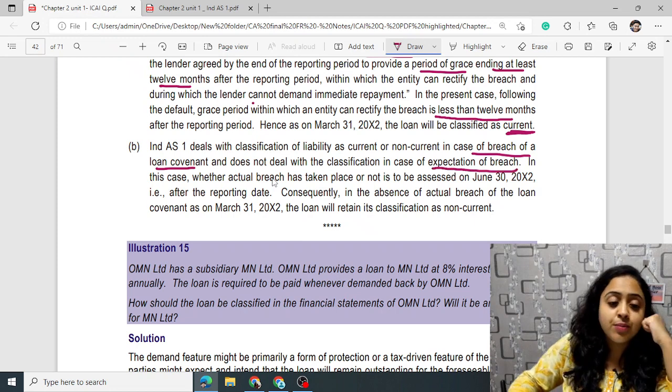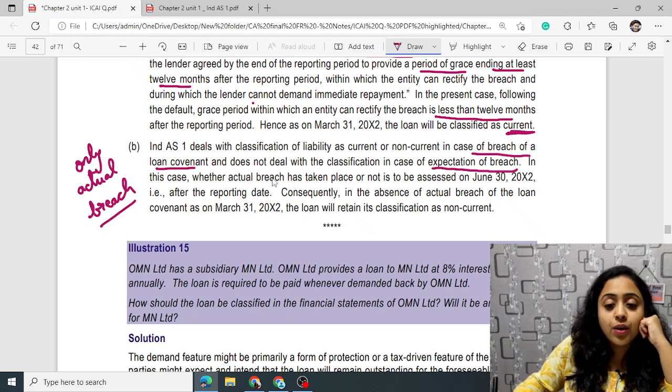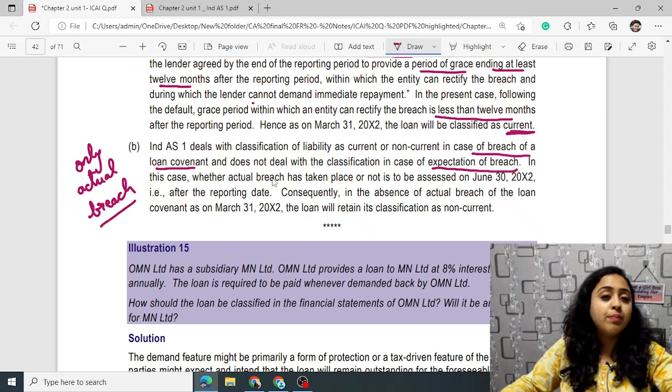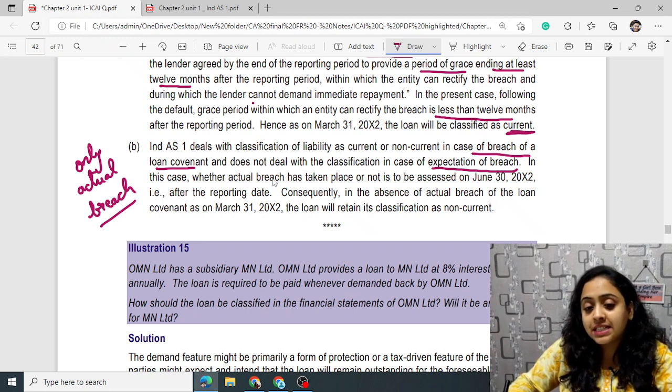It deals with actual breach, only actual breach. Only actual breach will be entertained. No expectation of breach will be supported with any sort of change or disclosure, whether actual breach has taken place or not,